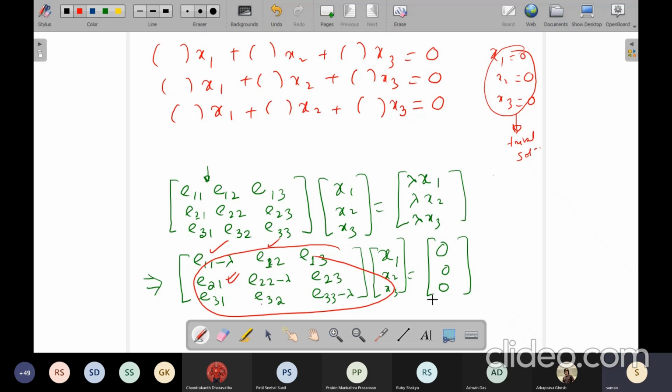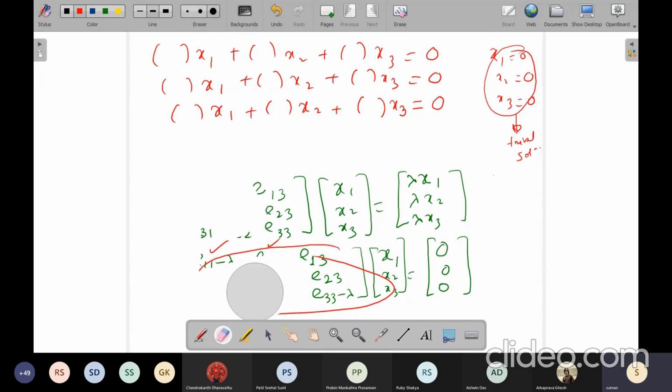So what has a physical significance is that you have a non-zero value of this. So when do you have a non-zero value of this? To understand that, let me give you a 2 by 2 example instead of 3 by 3, which is more intuitive and physical to follow.